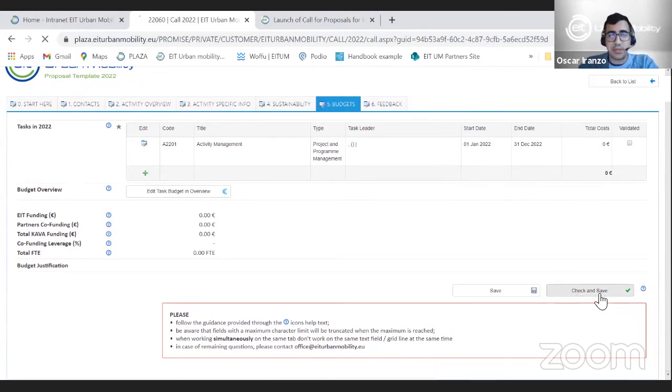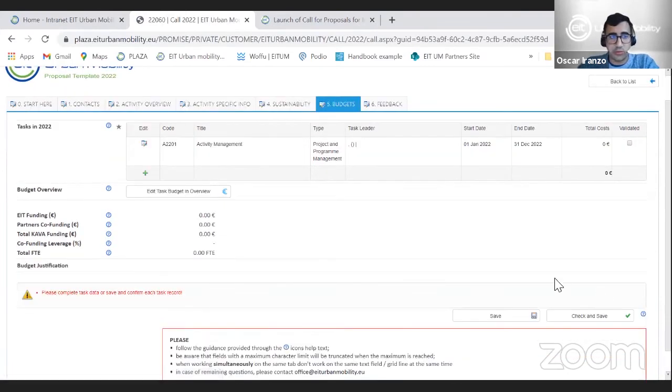And in order to do so, if I try to do it, since I didn't actually fill in all the information that was required, I get a message saying please complete task data or save and confirm each task record. So the system alerts you if you are still missing any necessary information from each of the 5 tabs. Once all tabs are checked and saved,